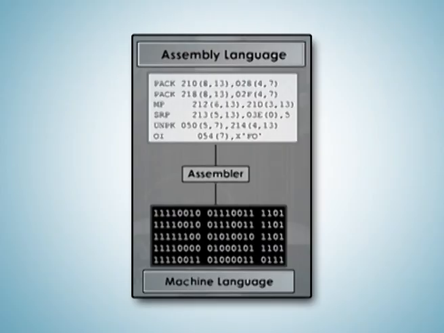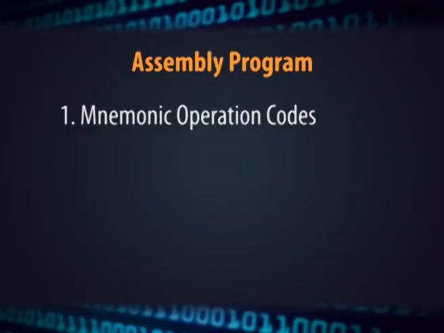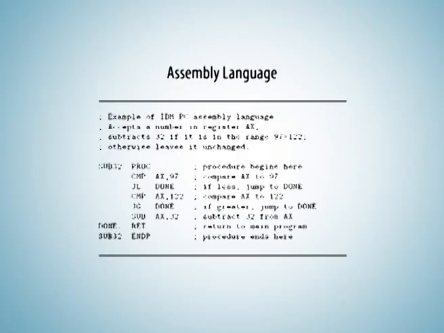Using this information, the assembler synthesizes the machine language program so that it can be executed by the CPU. Compared to the machine language of a computer system, an assembly program provides the following to simplify programming. One is the facility of mnemonic operation codes. The mnemonic operation codes for machine instructions are easier to remember and use than the instruction opcodes represented in hexadecimal